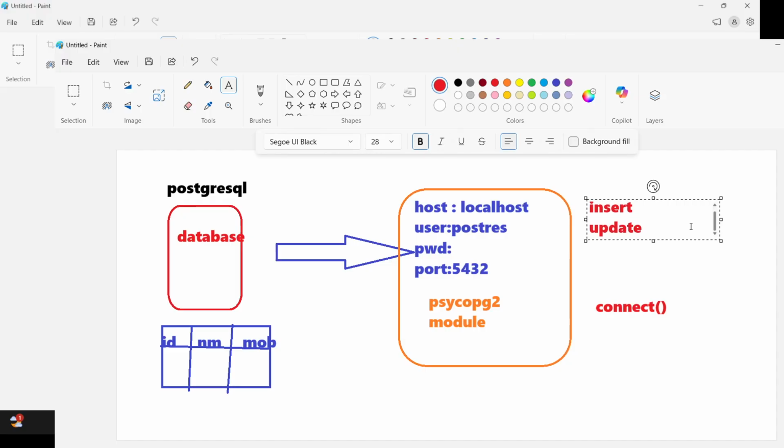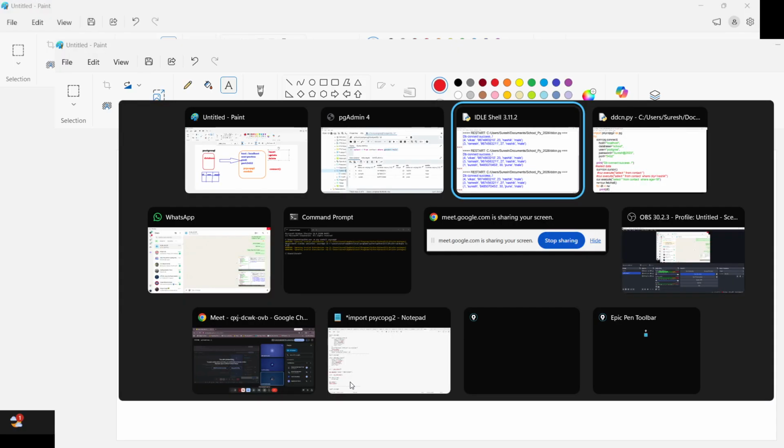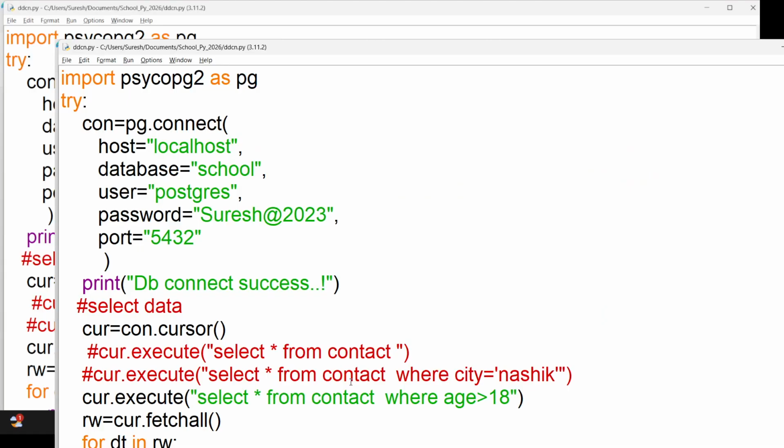And then after update, you can see the delete queries. So basically the CRUD operations: insert, update, delete, select. So these are the four combinations that we are going to see. Today's part is very important, how we do the connection and how we execute queries.